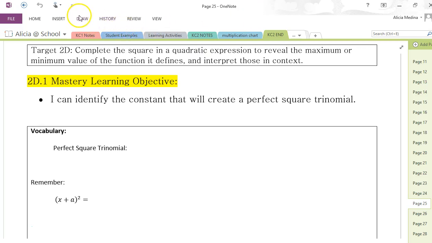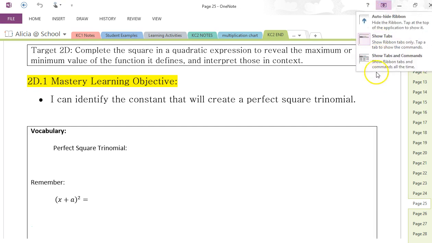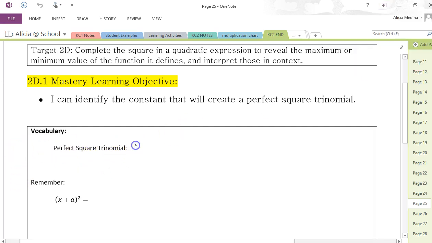Alright guys, so in this video we're going to be covering target 2D.1, and our master learning objective is being able to identify the constant that will create a perfect square trinomial. So the first thing is, well, what is a perfect square trinomial? A perfect square trinomial